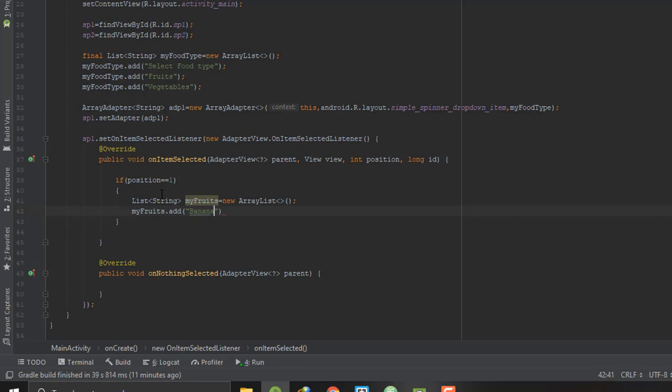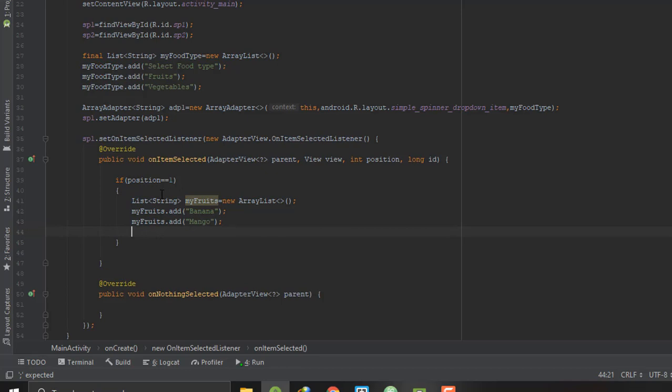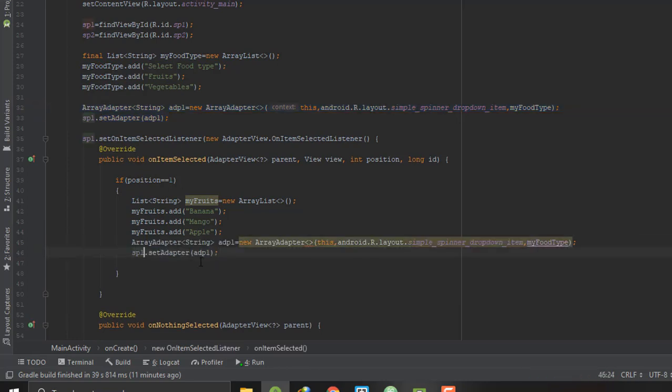For instance, I will write here banana. Next I will copy these lines of array adapter from here and paste them here. I will just change my sp1 to my sp2 and adapter to adapter2. Now I'll change the name of my list from here, which in my case is my fruits.